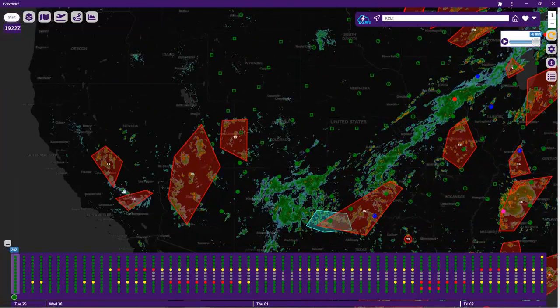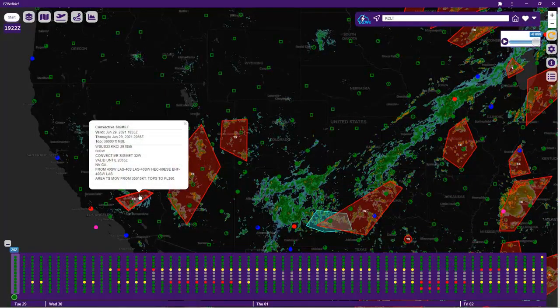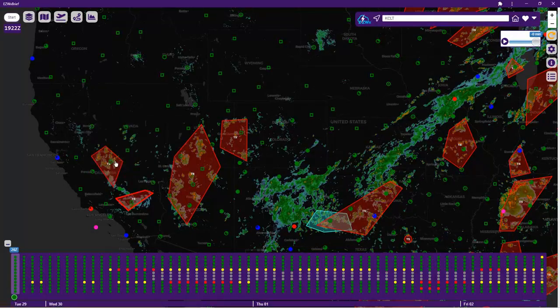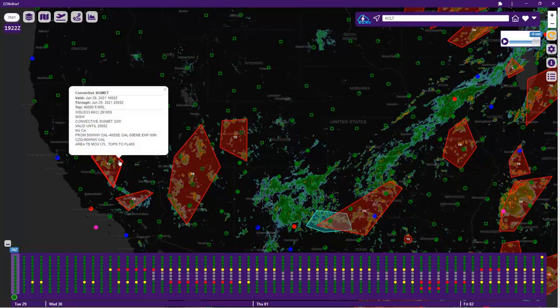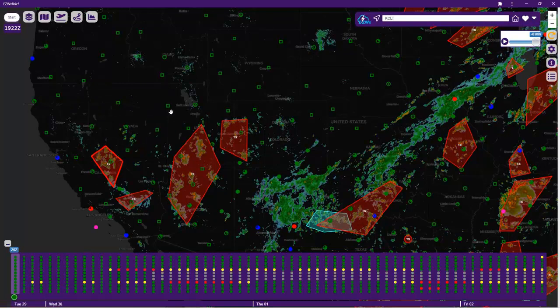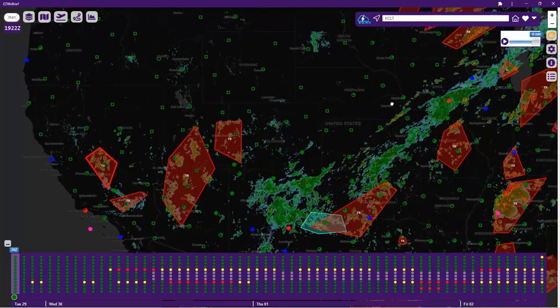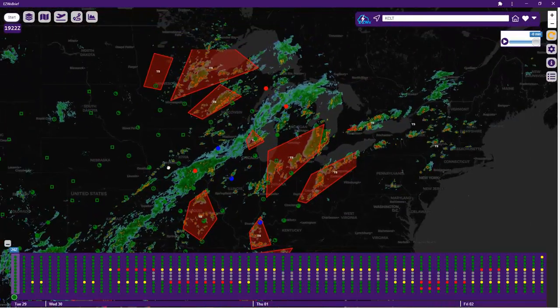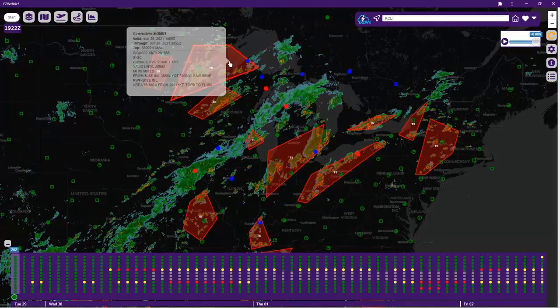Let's go out west. Unusual to see some Southern California convection that gets a convective SIGMET, but there you go. So once again, 1855 Zulu. And like clockwork, at 1955 Zulu, they'll update these. And they'll let some of these drop where the convection no longer exists, and they'll essentially establish a new convective SIGMET. And one of the things you also can notice here is that convective SIGMETs are issued by east, central, and west. And you'll see that in the